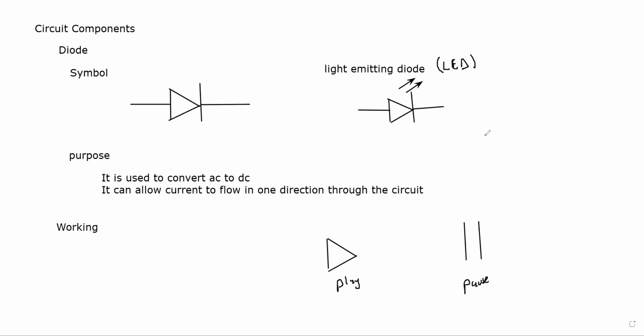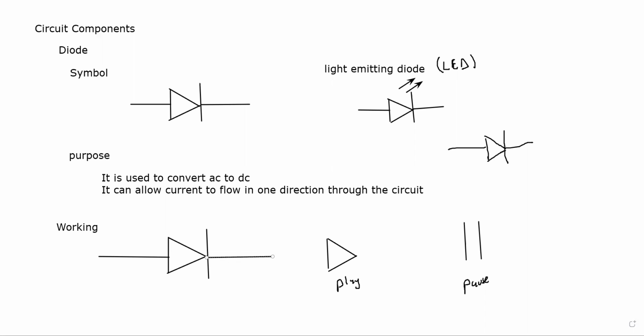I will take play and I will take one line from pause. So what will it make? It will make the symbol of a diode. To understand the working of the diode, it is very simple. Look, if the current enters from the direction of the play, the diode will allow that current to pass. Example, this is the symbol for the diode. Internal working you don't have to learn, you just have to learn how it works in a circuit, that's it. But internally what the diode consists of, you don't have to learn that.